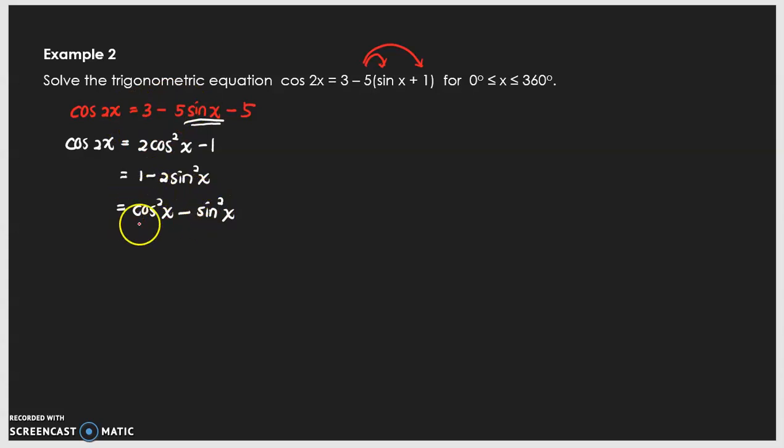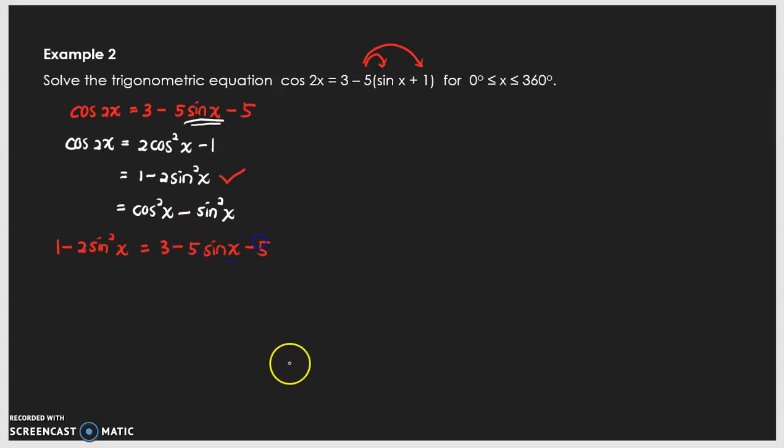Same for cos squared x, it will make our equation more complicated. So we will choose 1 minus 2 sin squared x and substitute in here. So next, 1 minus 2 sin squared x will be equal to 3 minus 5 sin x